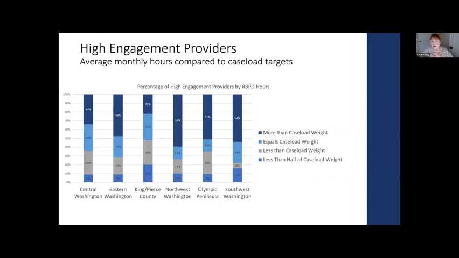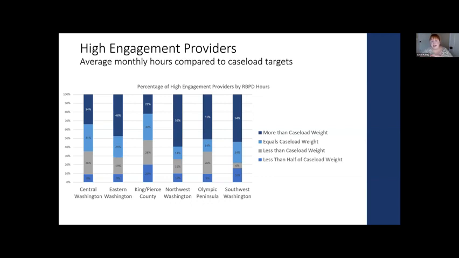So it's grouping providers by if on average they received more RBPD hours than their caseload target would have estimated, if they equaled their caseload weight, which is if you got on average within a half hour higher or lower than the target that we anticipated, or if on average they received less RBPD time than the caseload target would have anticipated, and then less than half of what the caseload weight would have anticipated.